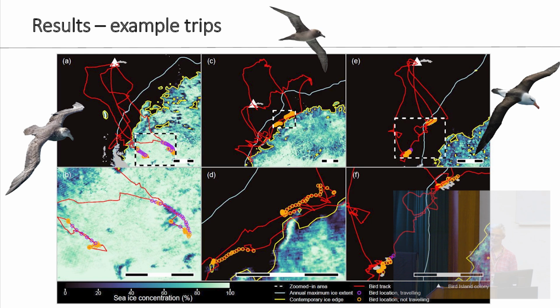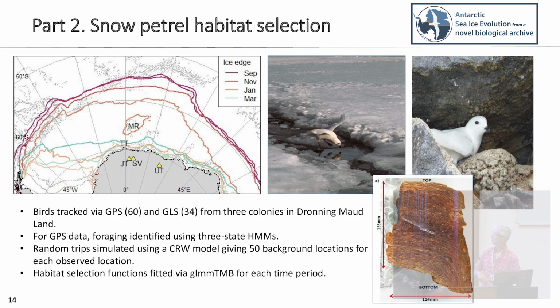Black-browed albatrosses, they're encountering high ice concentrations sometimes, but that's probably just an artifact of the analysis. That's because they forage very close to land, and sometimes ice on land can appear to be sea ice in the satellite imagery. The second study, which I really don't have time to go into in a lot of detail,